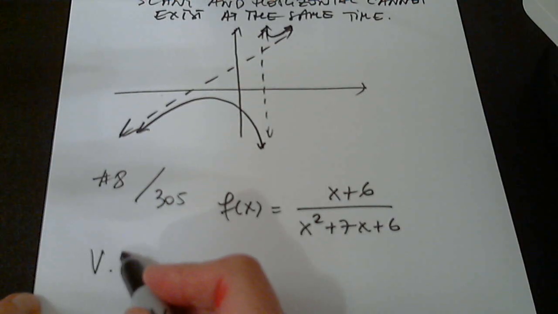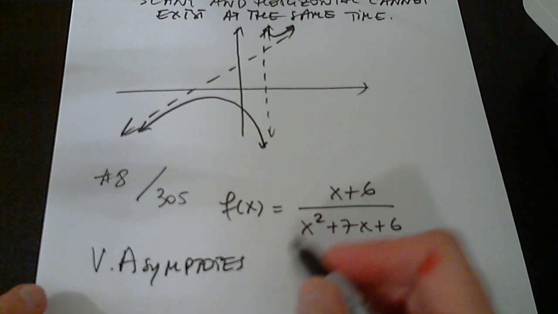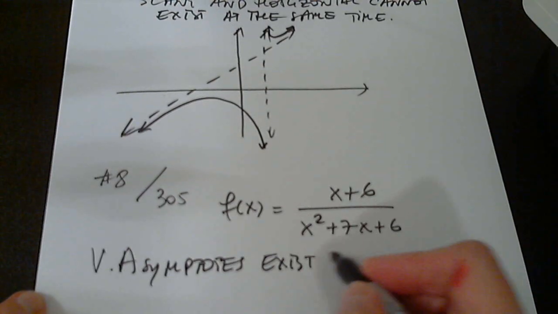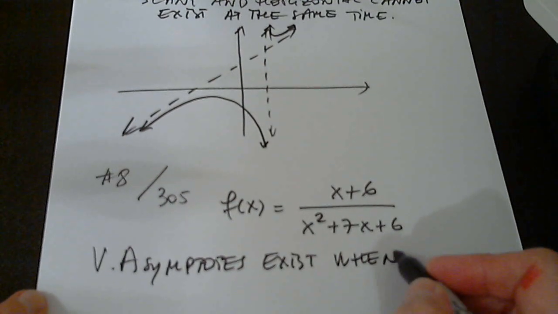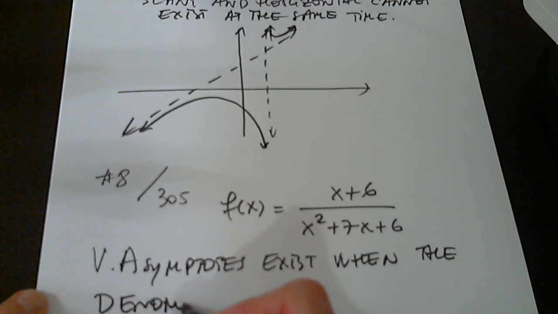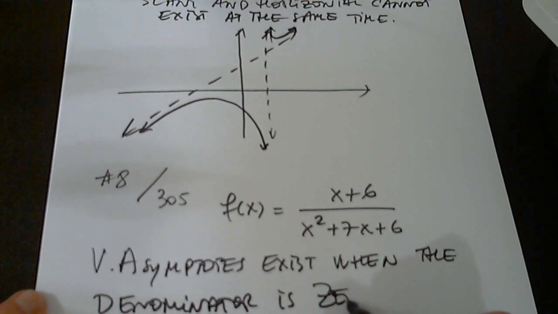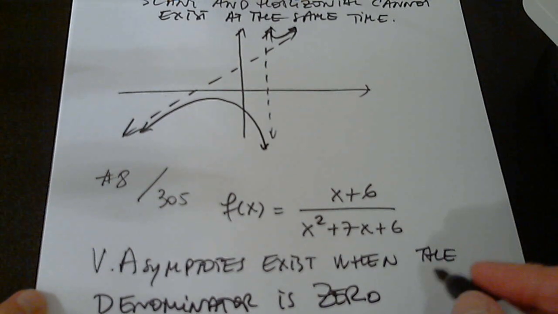So vertical asymptotes exist when the denominator is 0, in other words, the function is undefined,